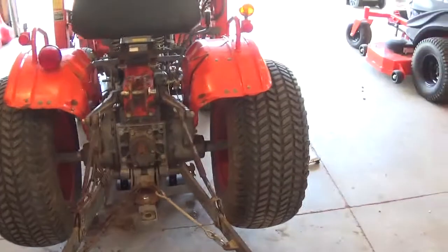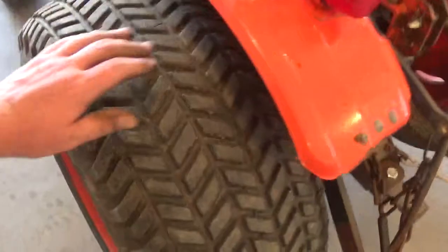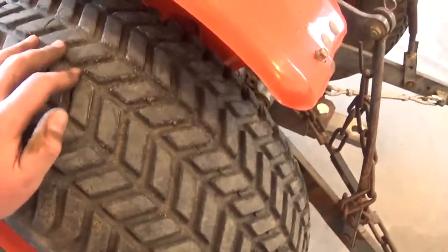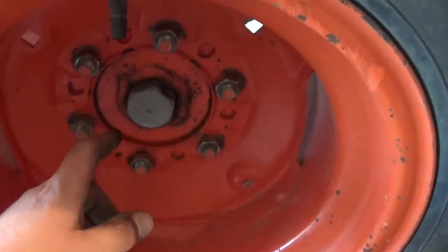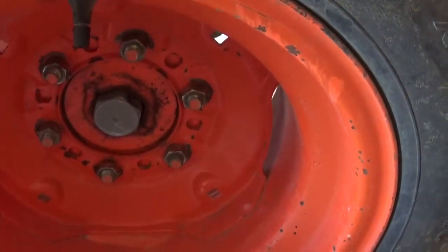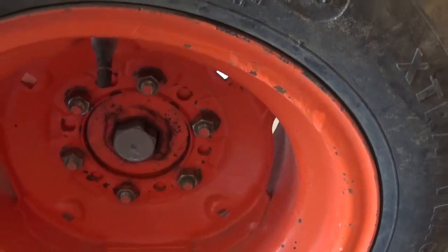All put back together and the tire spacing looks much better. However, it still does this. Both sides do now. And now that I'm thinking about it, the bolt on the back side, yes, it could clamp down the back half of the hub, but this front side is welded solid all the way around. I really don't see how it could be any tighter than this. If you guys know, please let me know in the comments down below. I've never had one of these before. I don't know if this is how it's supposed to be or not, but